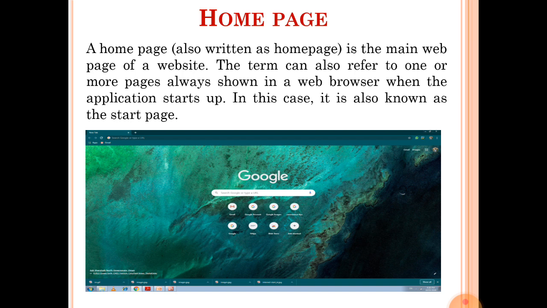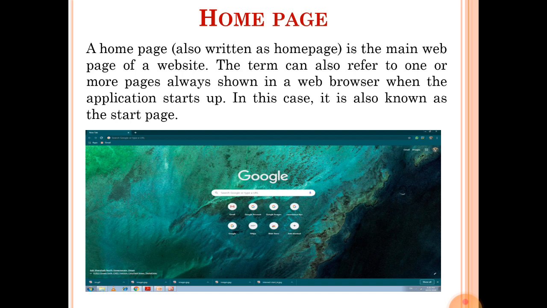Next is home page. What is home page? The first page that opens by default when we open a web browser is known as home page. So home page is the main page of a website. When we open any website, the first page that opens is known as home page.